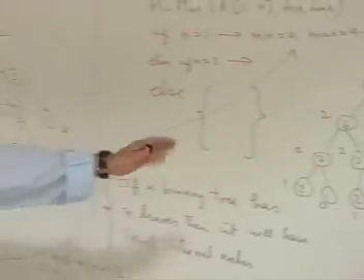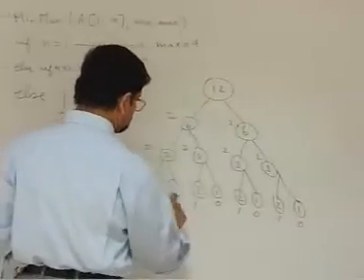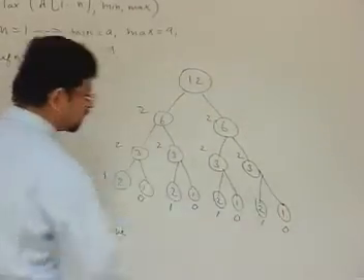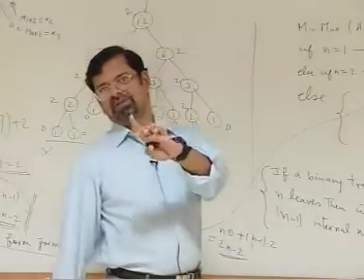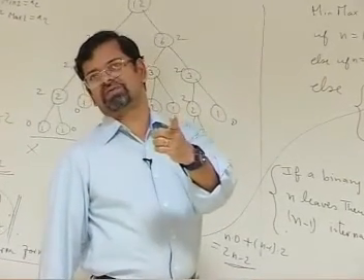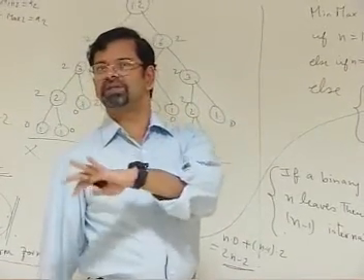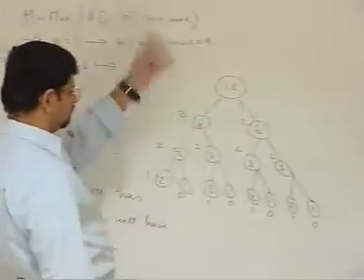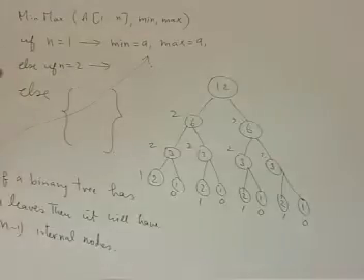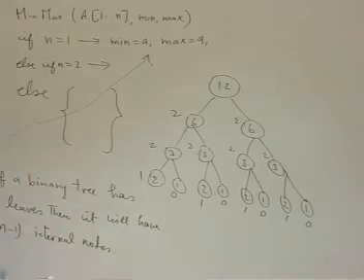So how many leaves are here? The number of leaves are 1, 2, 3, 4, 5, 6, 7, 8. There are 8 leaves, of which 4 of them are having a weight 1, 4 of them are weight 0. Okay? So if I am not relating it to n, in this case it is 4 into 1